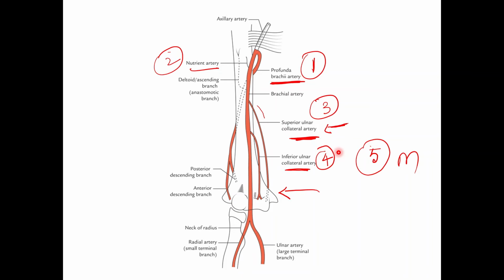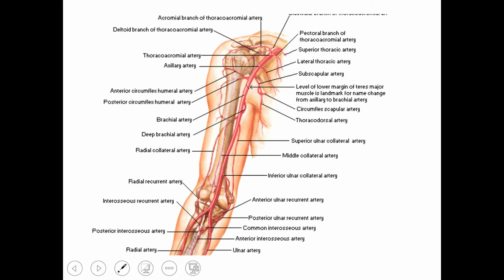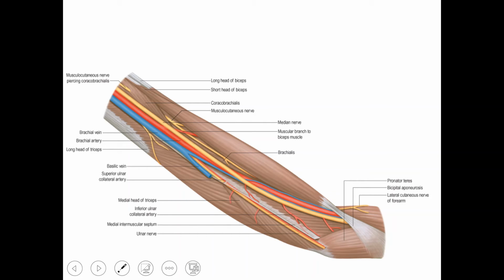Moving on to the relations of the brachial artery. Yes, the relations of the brachial artery, as we all have very well studied, are the anterior relations, posterior relations, the medial relation and the lateral relation. Firstly,